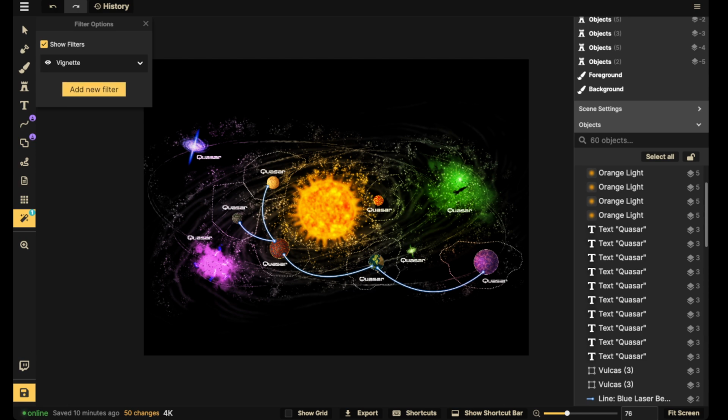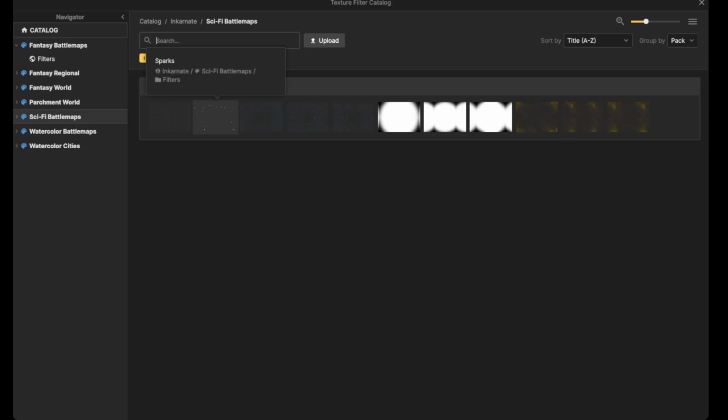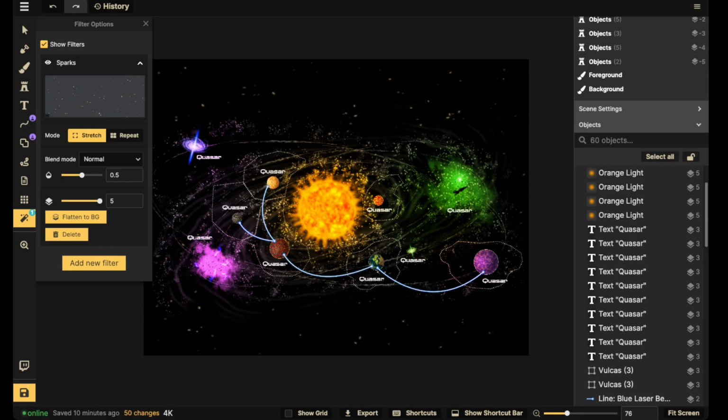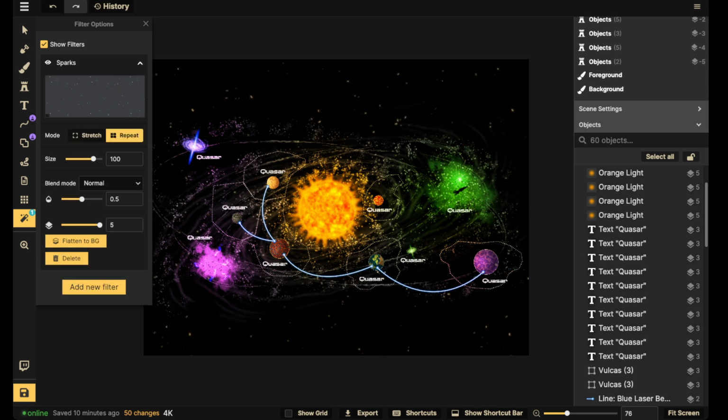Well, I don't think the vignette will be necessary. Maybe we'll do like a cloud, or we can use sparks right here. Here we go. You got these nice sparks right here. Let's set to repeat, and then we'll change the size of them. So the sparks will add a little extra